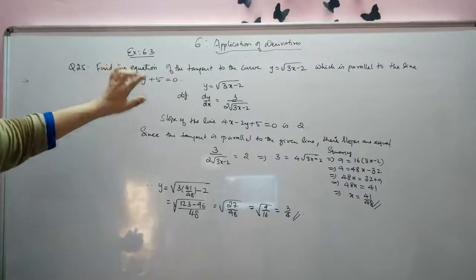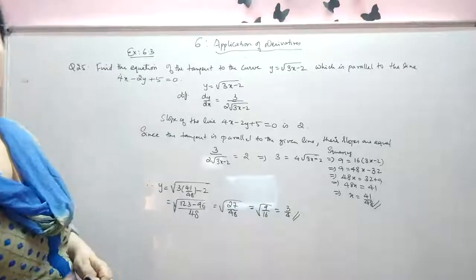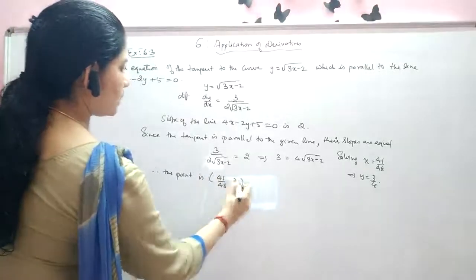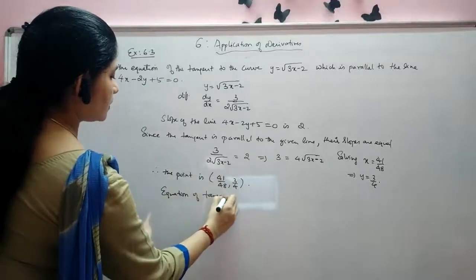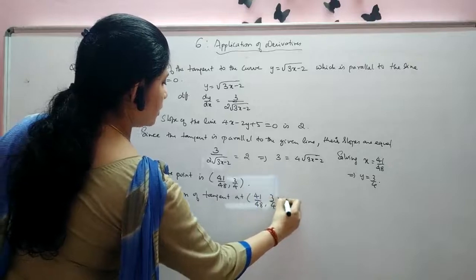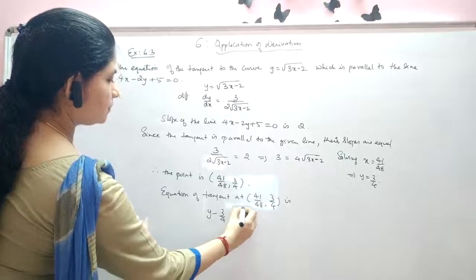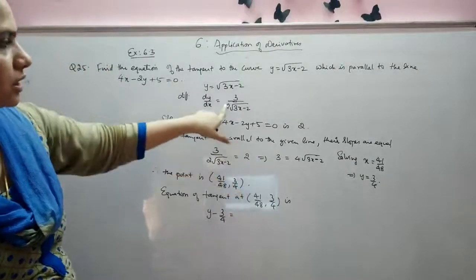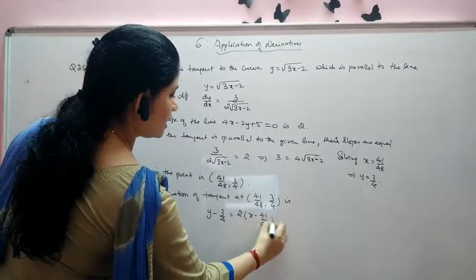You have to find out the equation at the point. You got the point, so therefore the equation is, I'm just replacing the value. So the point is this one. Now you will find out what is the equation of tangent at the point 41 by 48 comma 3 by 4: y minus y naught is 3 by 4 is equal to, what is the slope? You can again equate it to 2, need not find out what is from here. So it is 2 into x minus x naught, which is 41 by 48.